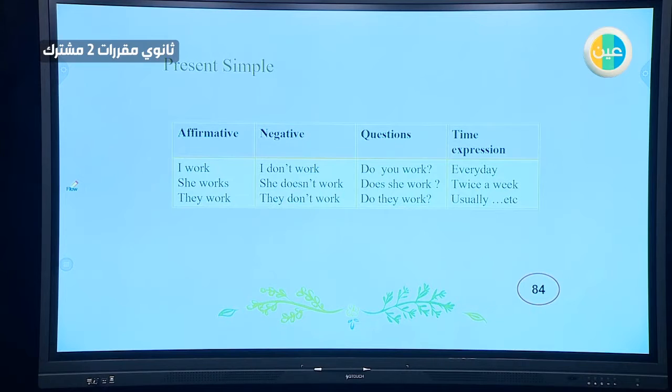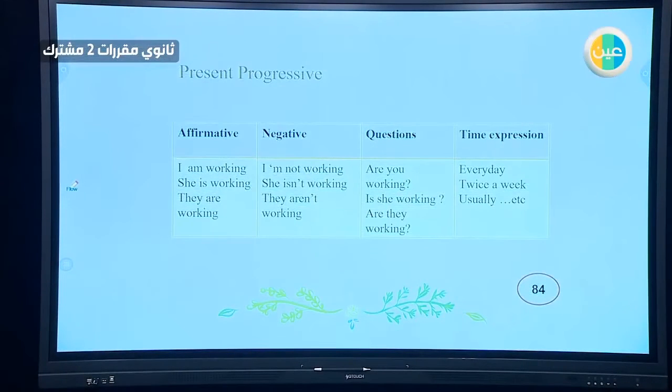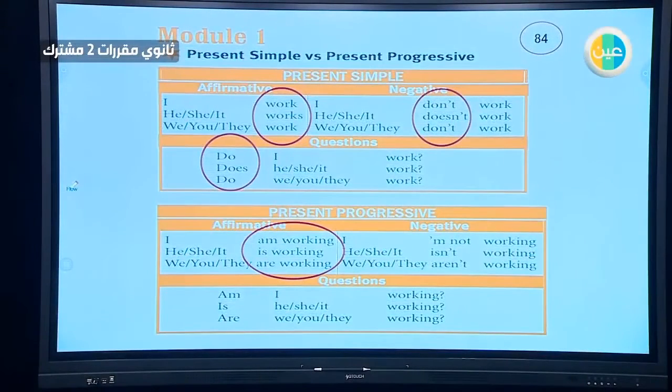So for the present simple, this is also the present progressive. Both of them are presented in the same way. I'm going to show you the third page, which is presented in your grammar reference. It's also affirmative, negative, and questions, and the time expression. Now, it comes in your book like that, so I'm going to read it now with you. The first and second tables are from me. You can do the same if you want them to be separate, but in your book they presented them together so you